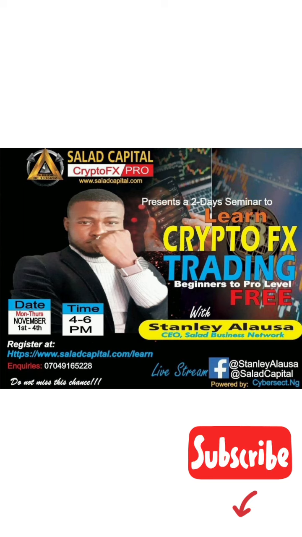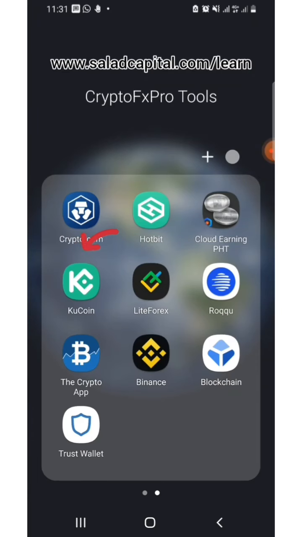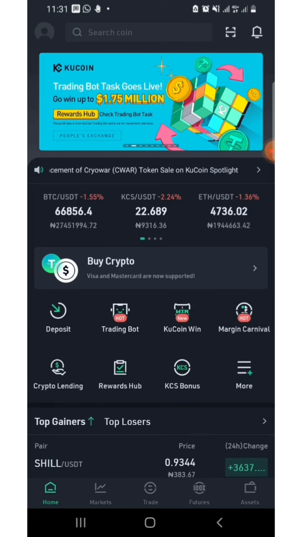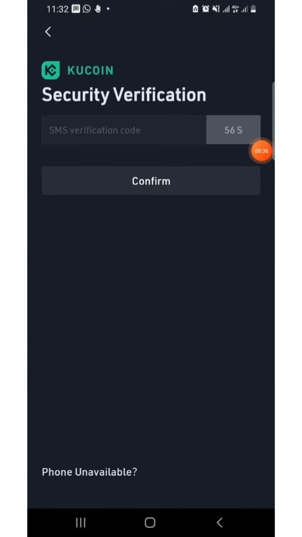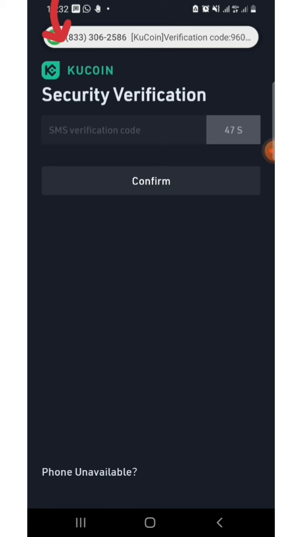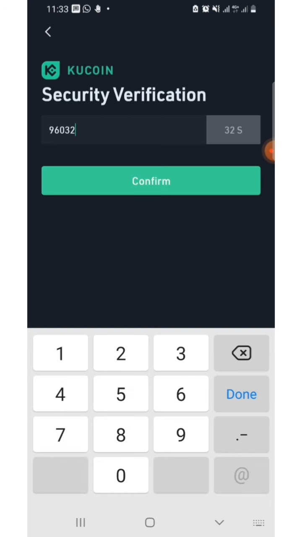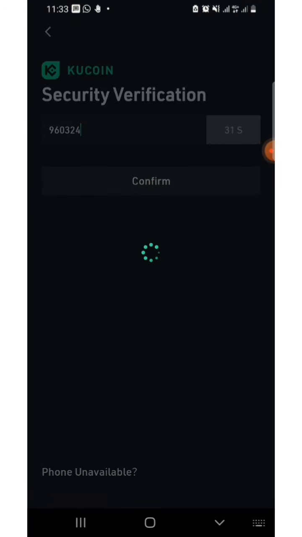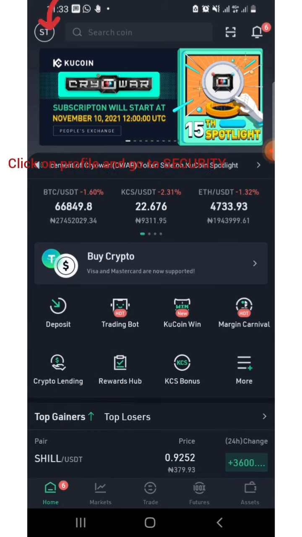Trading on KuCoin. Once you open your KuCoin app, ensure that you verified your email and verified your phone number when you were creating your account. Because when you log in, you need to get a verification through your phone number, through which you confirm your access. After which you go to your profile